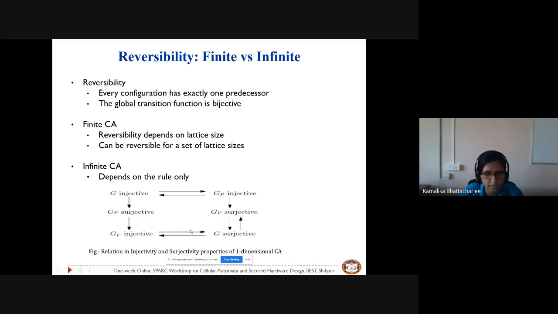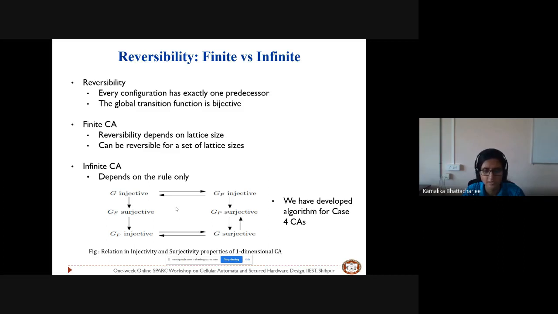And this was a relation we have seen for the infinite CAs. So previously we have seen that there were three cases. For the three cases, there were decidability algorithms for reversibility, and those three cases were equivalent to each other for one-dimensional CA. And now we have developed for case 4 CA also some algorithm to decide reversibility.